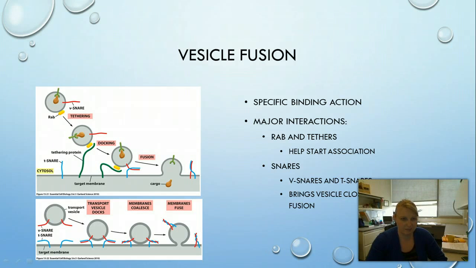And remember, sidedness matters. Because in this case, that item that's on the inside of the vesicle needs to end up on the inside of the target organelle. And so it's important that it fuses properly. So there's two main interactions that happen first. We have the RAB and we have the tethers. And so the RAB will come in with the tethering protein, and what this does is it starts to bring that vesicle closer. Once it gets close enough, the V snares and the T snares, which are those, as you can see them, the blue and red lines on the image,